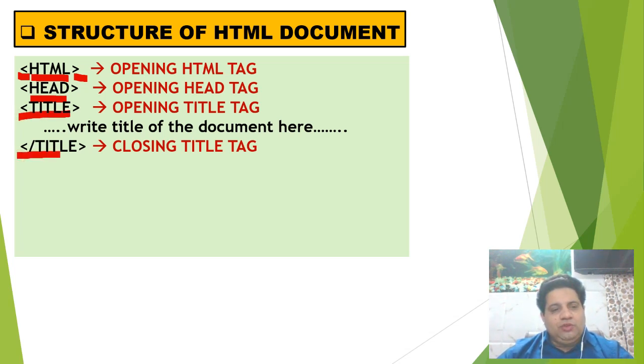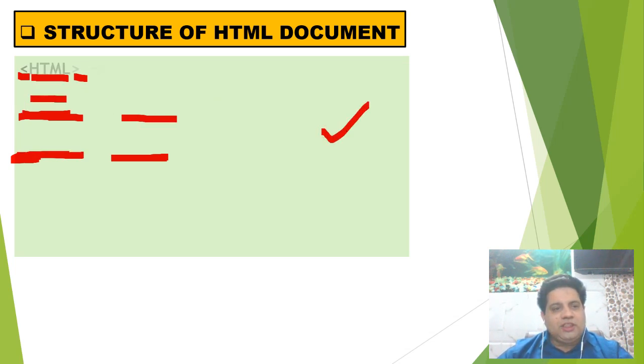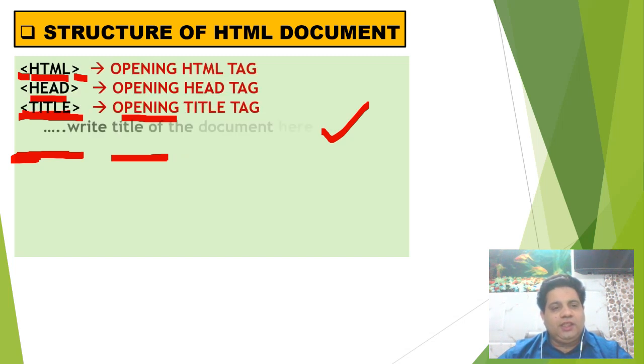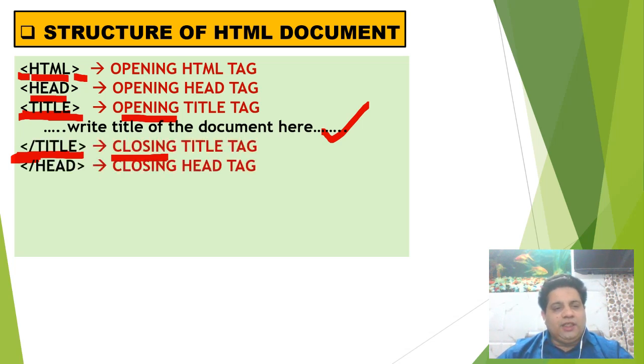Now see, here this is known as closing tag because the title tag begins with a forward slash sign. So when you write a forward slash sign before tag name, it is a closing tag. And when you do not write forward slash sign before the tag name, it is an opening tag. So within opening title and closing title tag, you have to write the title of the document. So your program starts with HTML tag, opening tag, then head tag, title tag. Within title tag, you have to give the title of the document, and then there is head tag, closing head tag. So the title tag is written within the opening and closing head tag.